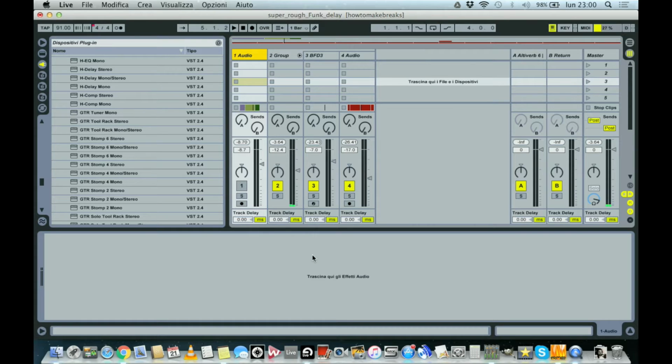Let me say that the process I'm going to show you is based on two different stages. In the first one, our focus will be on faithfully recreating a drum pattern like it was played by a real drummer. So in this stage we are not going to think like producers but like drummers, even if we are not drummers. Whereas in the second stage, we are going to apply a chain of plugins that aims to replicate the